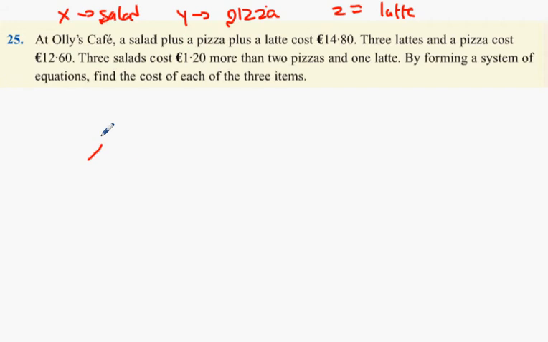Now, the cost of a salad plus the cost of a pizza plus the cost of a latte is €14.80. Everybody right with that? Now, next thing, 3 lattes and a pizza. 3 lattes is 3z. 1 pizza, y, equals